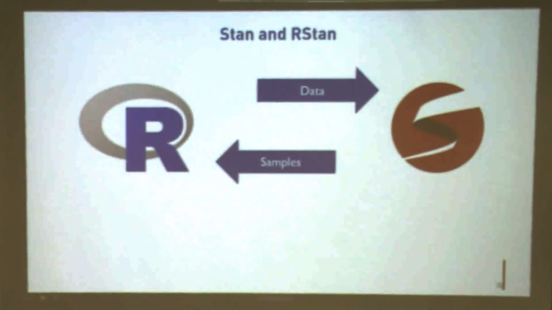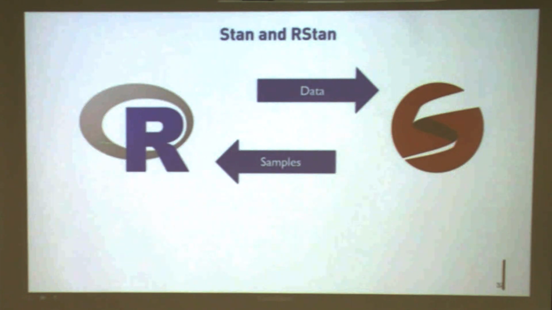Practically, this means we have R. If you are using R, this can be Python as well. So you have your experimental data, you organize your data in a nice way so that Stan can recognize it. You pass your data from R to Stan. Stan does the heavy work, Bayesian sampling, Markov chain Monte Carlo, and so on, and then returns the result back to you in R. And that is the platform. You can do plots, write summary statistics, draw statistical inference, and then write a paper about it.